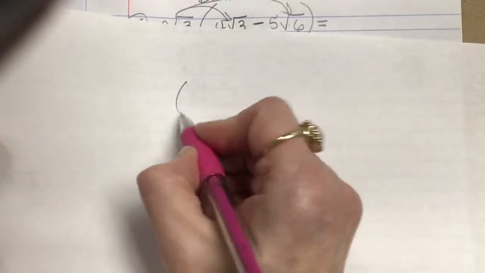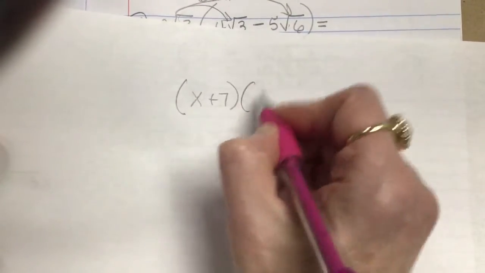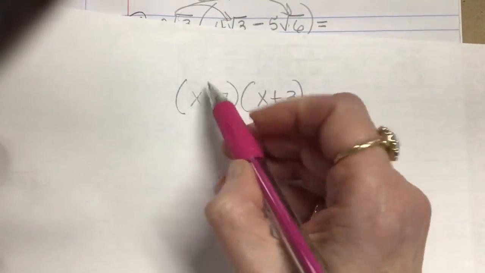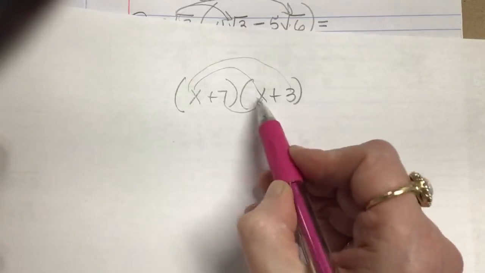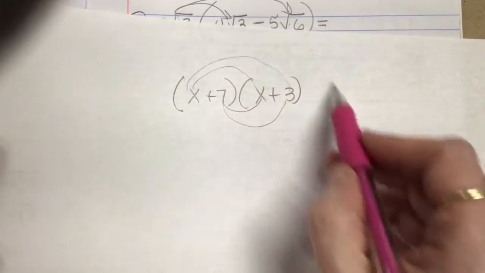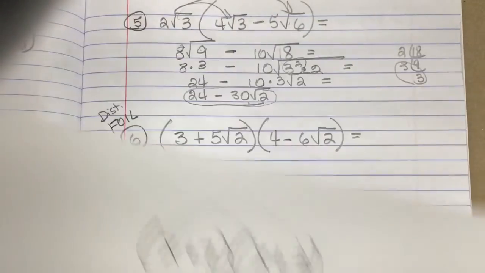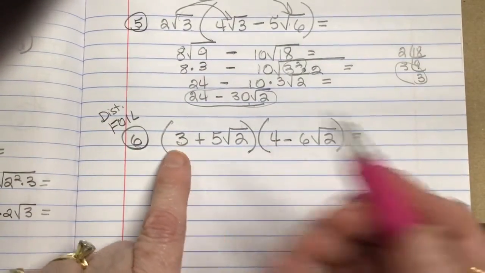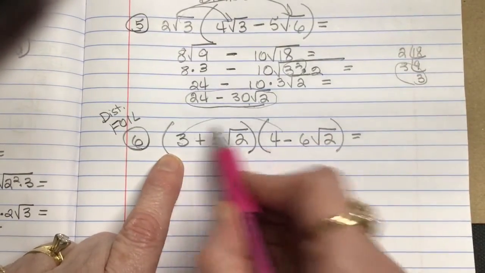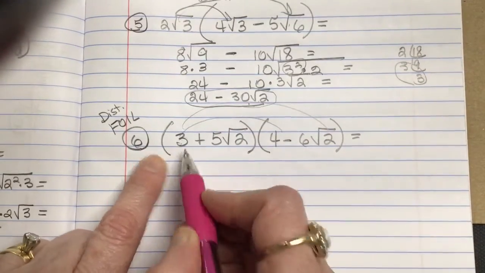But think about it. If I have x plus 7 times x plus 3, then I've got to do x squared plus 3x plus 7x plus 21. You have to multiply all 4 of those. Does that click with you? So let's do that. First, that means we've got to multiply. The way I say it is I'm going to distribute the 3 to both of those. So I'm going to say 12